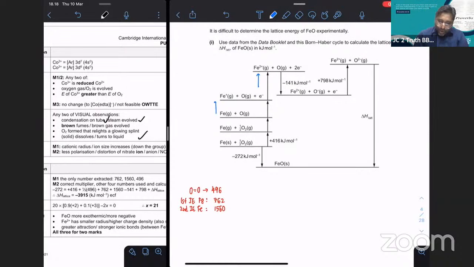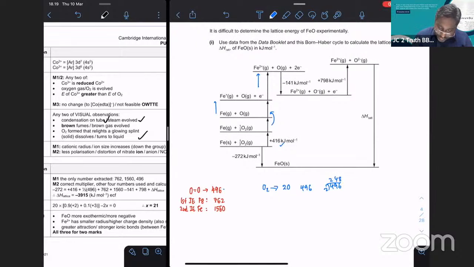Here you can see Fe solid to become gas. That is going to be the enthalpy of atomization of Fe. Now you can see half O2 to become O, so it's going to become 1. If you use 496, you are going to change O2 to become 2O. I want only 1O, so you need to divide by 2, or times by half. So 496 divided by 2 is going to be